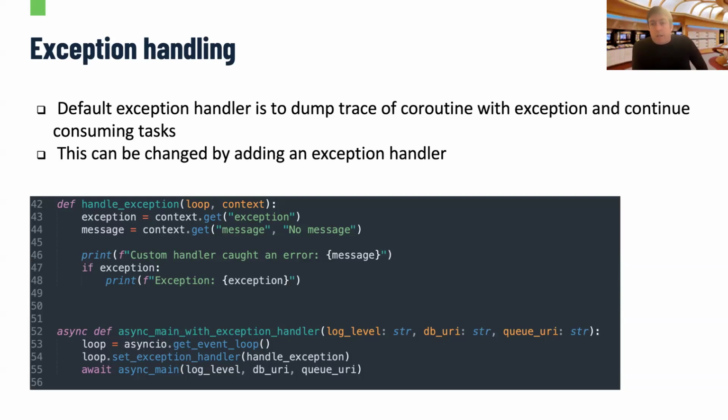separately, because if you don't do that, then the async IO context would exit when one of the subcoroutines throws an exception into the main context. Okay, so sometimes you want to wait maybe for the last one, or have some other behavior that is specific for your system, and you can do it this way.